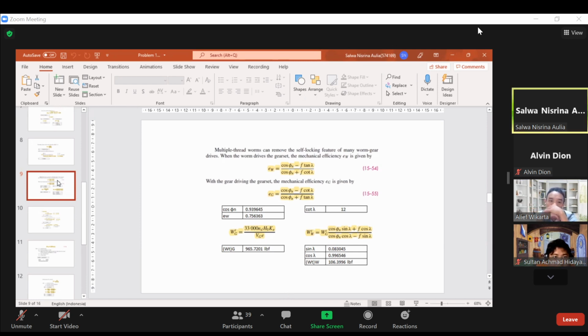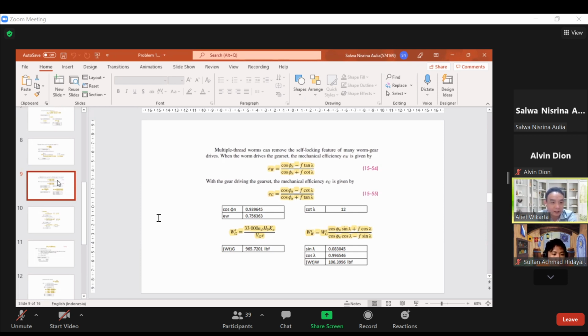I think on the helical gear there's no efficiency. No efficiency. Yes, sir. 100% maybe, yeah. Not exactly 100%, but almost 100%. Maybe 98, 97, or 99% something. There's no efficiency in helical, sir. In the calculation, we never calculate the efficiency, but